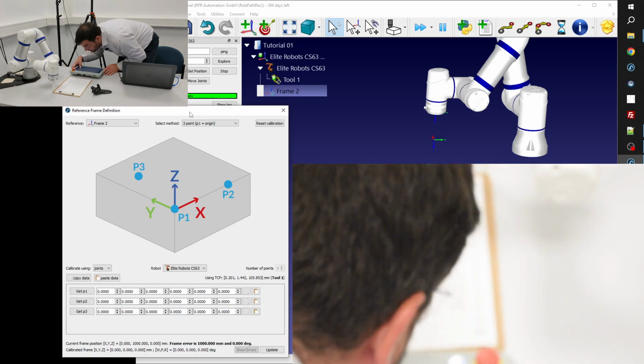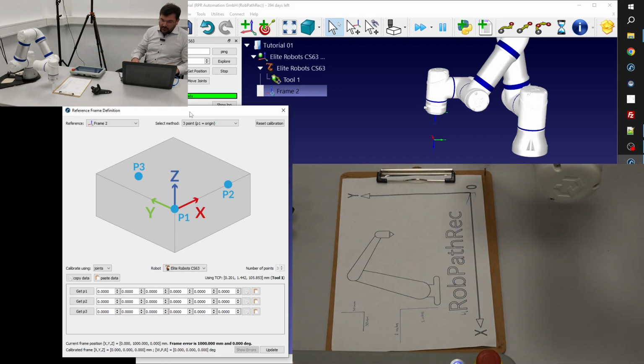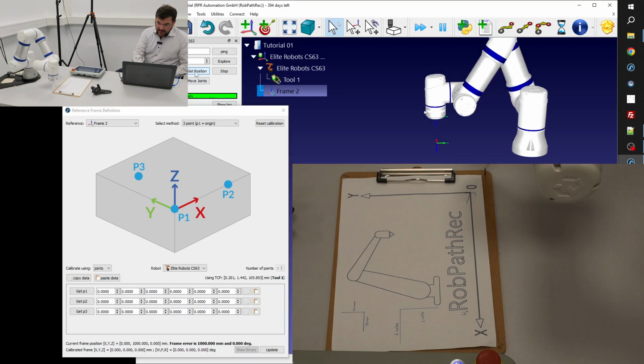For me, it looks pretty good. So I switch back to the remote mode on the teach panel. I hit get position, so you could see the robot moved along. And this is my P1, bam.